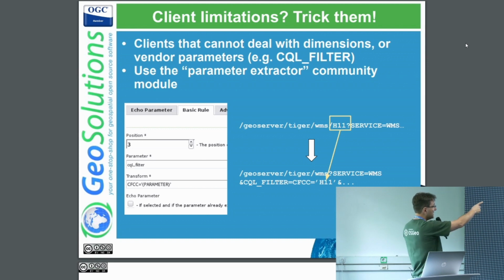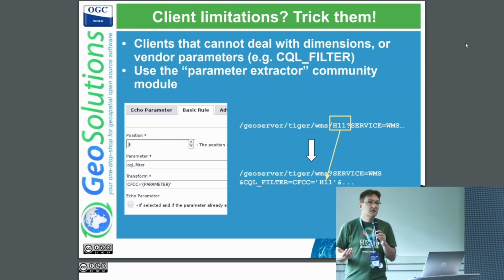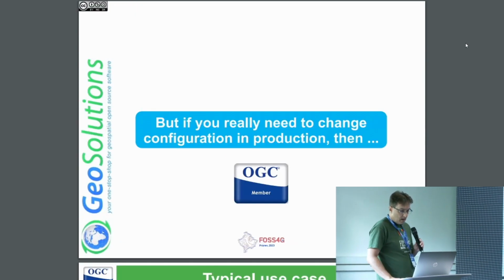In this case, I'm taking H11 from the path and turning it dynamically into a SQL filter. I can give this to ArcGIS, and ArcGIS will use the SQL filter without knowing what it is. Okay,